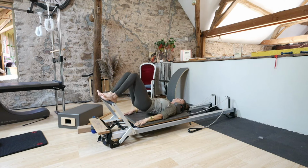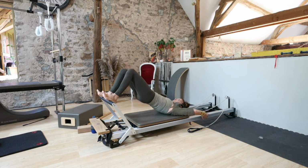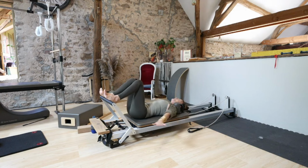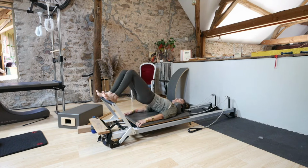So we first imprint and we articulate our spine from tailbone to upper back. Inhale, stay at the top, holding the rail behind you, and then exhale, articulate sequentially your spine from upper back to lower back. And arms are returning by the side of the body. Inhale, exhale, articulate sequentially, vertebra by vertebra, passing through imprint. Inhale, stay at the top,